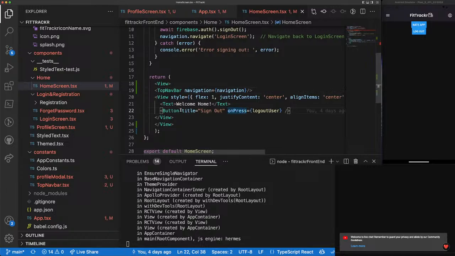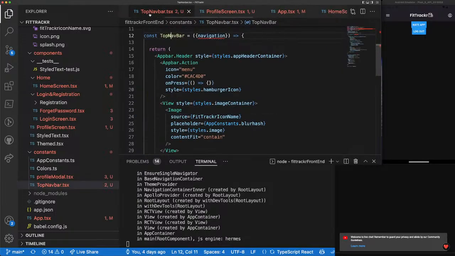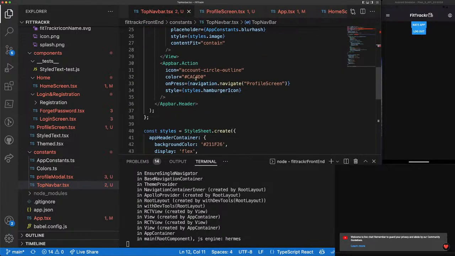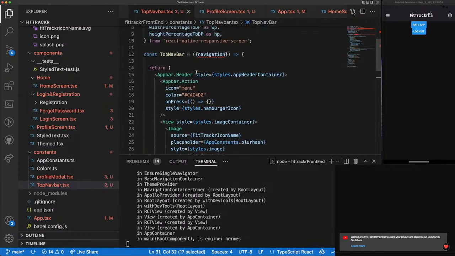And then inside of the app top navbar, we'll just put it right here, like so. And now that turns into a back. No, it doesn't turn into a back. Let's do this. Then it goes to